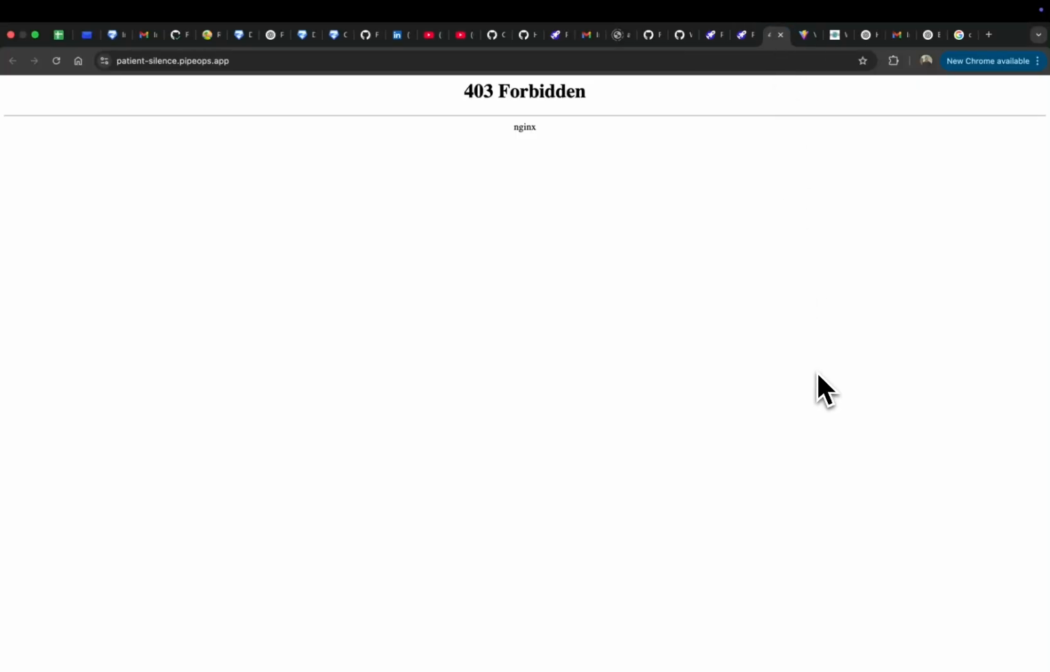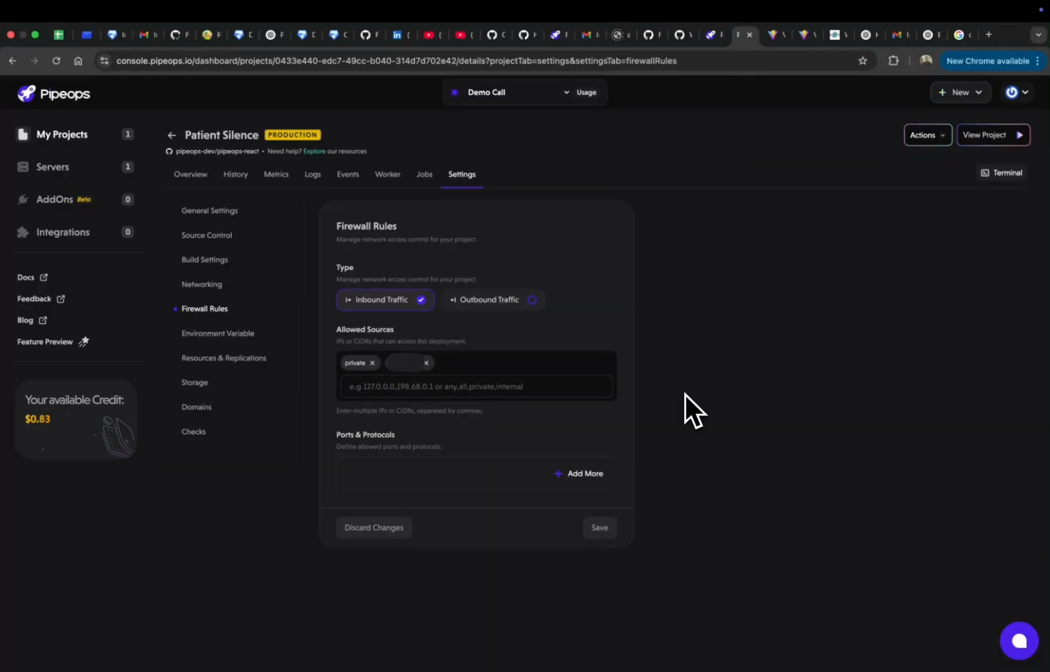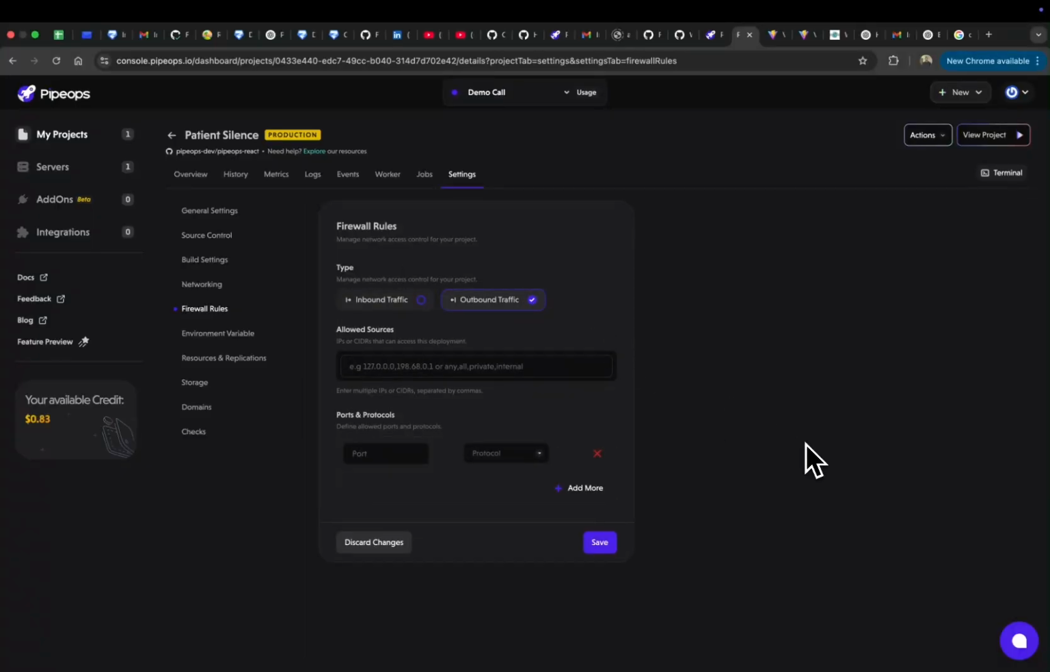If I go back to my deployed project and I refresh, I now have access to this project, but no other person will have access to this project since their IP address is not included here and this is set to private. So that's about inbound traffic. Now outbound traffic. Outbound traffic controls traffic going out from your project. So for this, what we can do is we'll test this